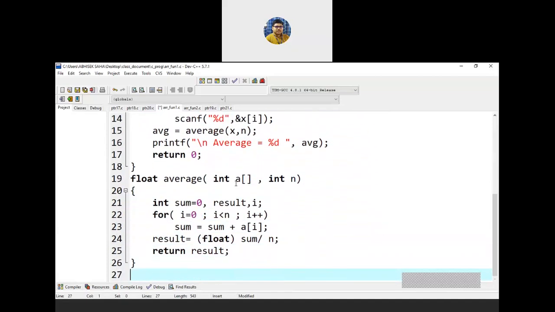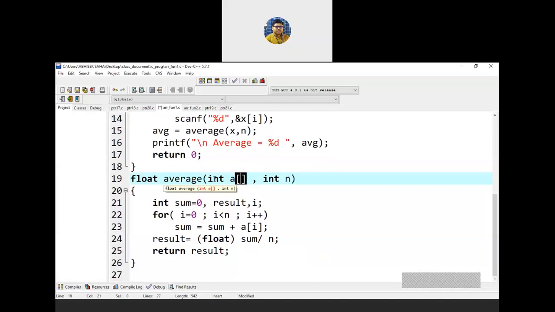Look here, I have declared a variable int a of array type, but I haven't provided the size. In the case of a one-dimensional array, providing this size is optional. You may write the size, you may not write the size. Fine? Because what is the basic concept here? The concept is, when you are writing an array variable,